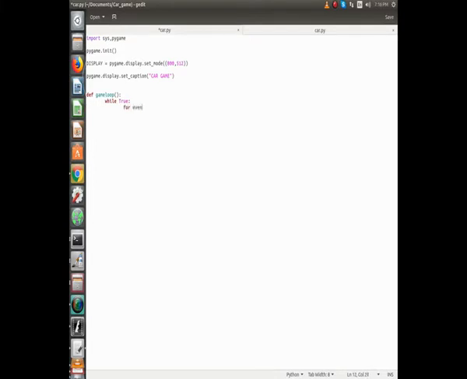Inside, the first thing that we will do is check if the user wants to terminate the program. This can happen by calling the function pygame.event.get, and this function allows us to interact with our program by pressing a button or by mouse clicking. Here we will say if an event happened, and if this event is pygame.QUIT, which means that someone clicked on the quit button on the top left of our window,